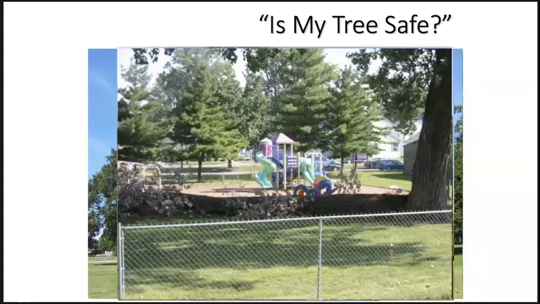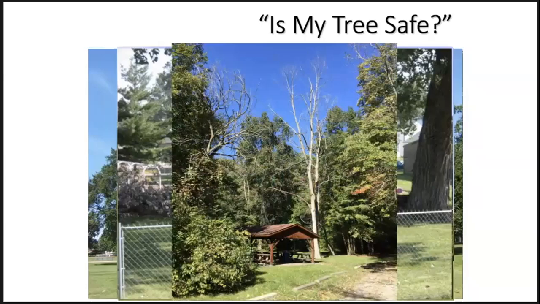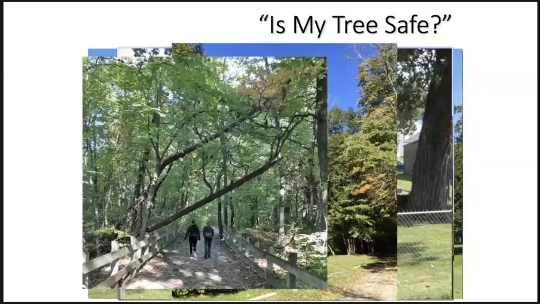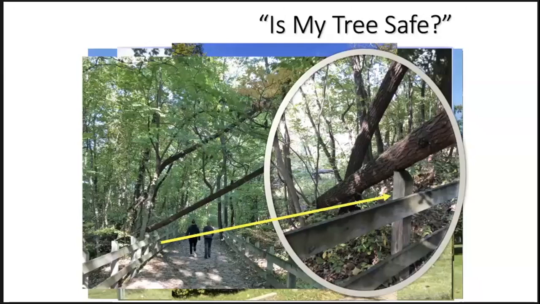This was a huge cottonwood tree in Indianapolis that fell very close to a daycare playground area. It still gives me shivers to think about what would have happened had there been some children playing in the area prior to that storm coming through. So, more campground pictures. Campgrounds are just as important to maintain safety because there's a lot of people that go through those areas and in those designated trails, and they require an elevated risk protocol